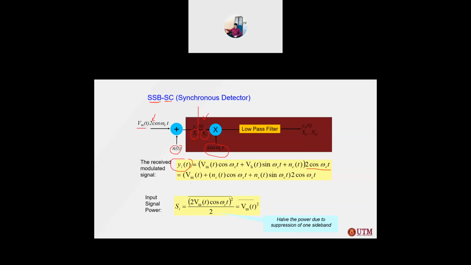Go through the mixer. So we have V_m(t), n_c(t), cos ωct, and sin ωct. This one you can see is the noise. This one is the noise. Okay, similar to what you have in the double sideband suppressed carrier in the previous slides. Mathematically, this one